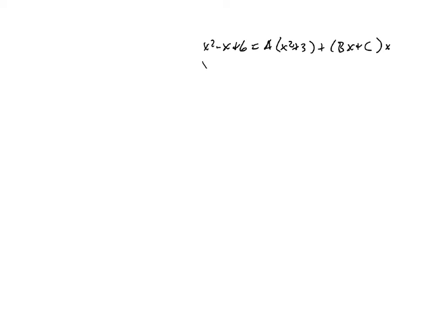So if we use x equals 0 in order to make this bit vanish, then we'll end up with, on the left-hand side, 6 equals a times 0 plus 3, which is 3, plus 0. Solving that, we end up with a equals 2, which is nice and easy. Plugging a equals 2 into our equation,